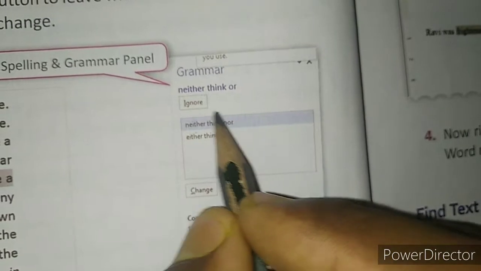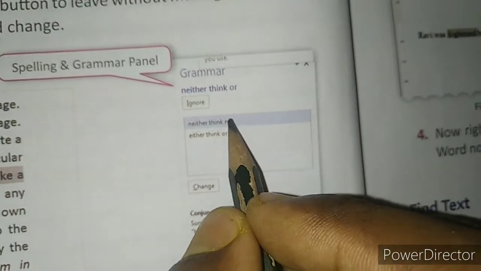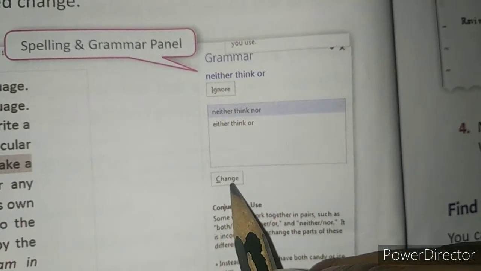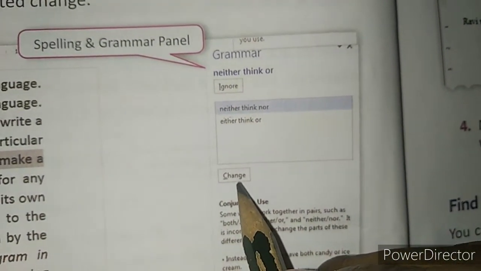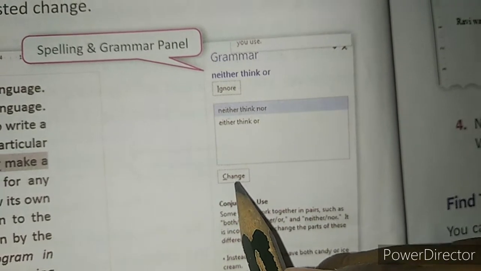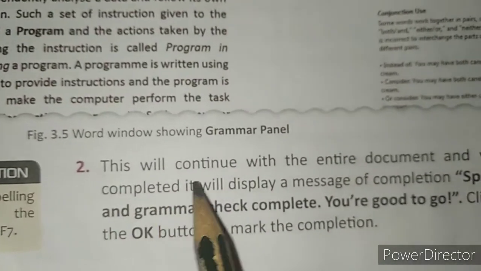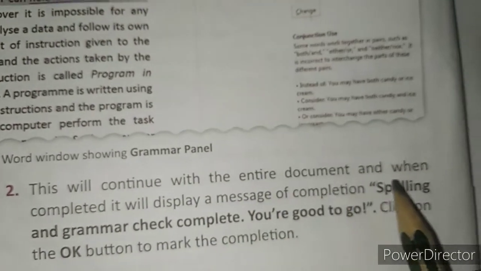This will be the correct selection. So select this, and after that you will click on Change, right? This will continue with the entire document.